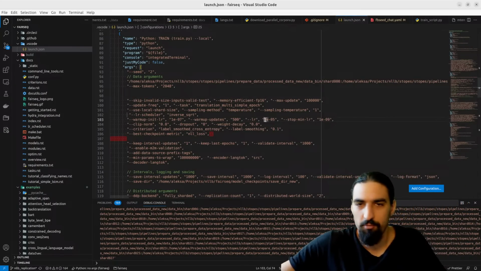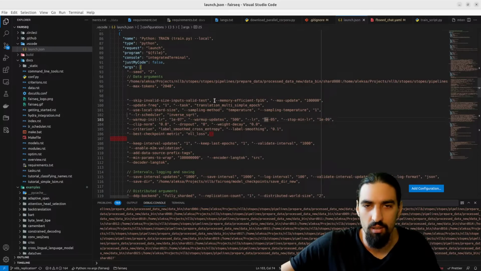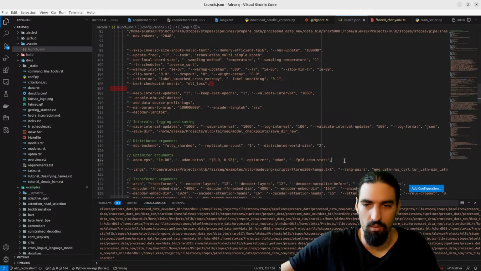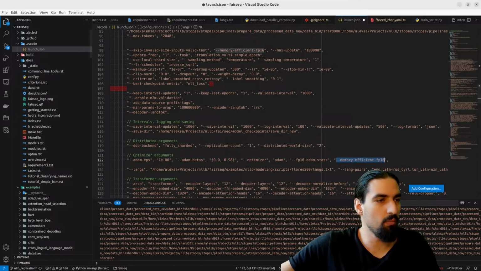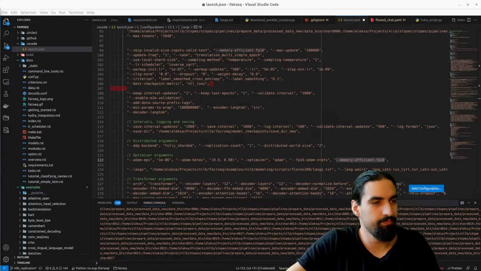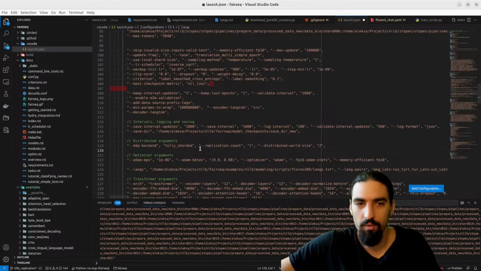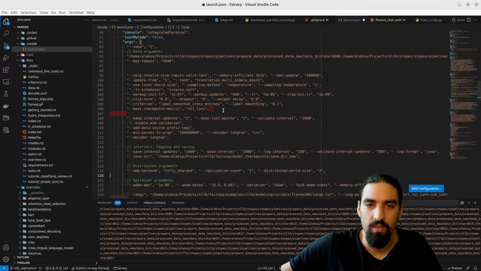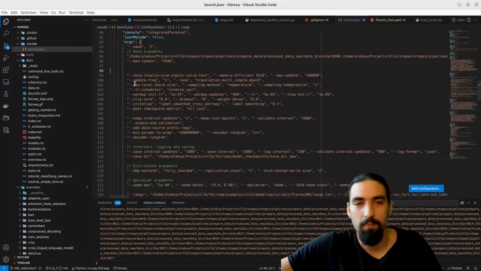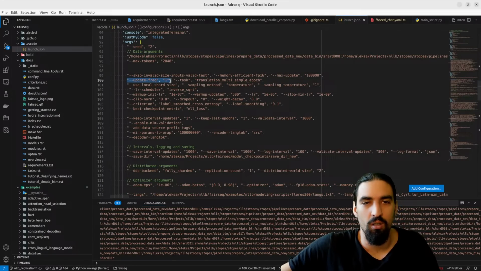Memory efficient FP16. This one I think has impact on the optimizer. I'm gonna double check what it is. And then update frequency. This is just how often do we do gradient accumulation.